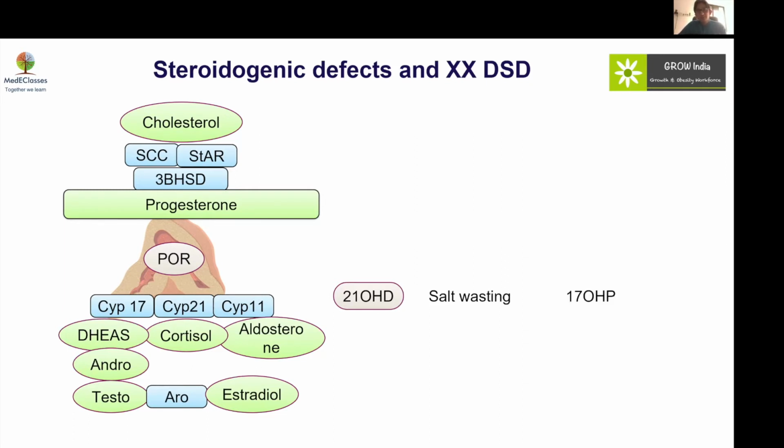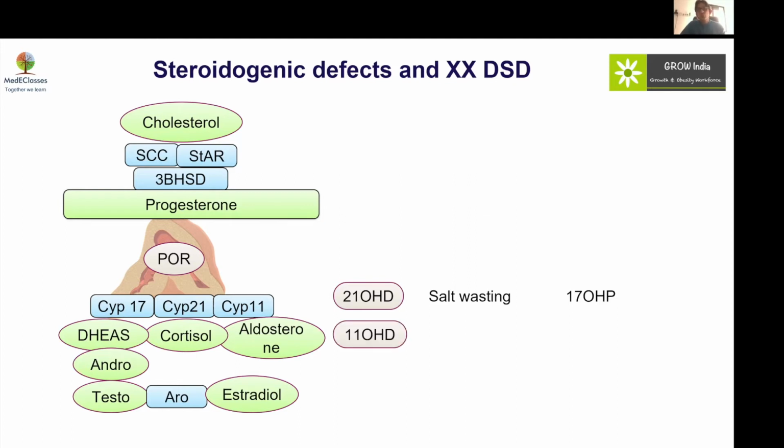And in this, due to blockade at the 21 hydroxylase, the proximal metabolite, which is 17 hydroxyprogesterone, will be elevated hundreds and thousands of times more than the normal limit, and hence 17 hydroxyprogesterone is the screening investigation of choice to detect 21 hydroxylase deficiency, and it should be done only after 42 hours of life, preferably on the third day of life, because of the normal surge in all hormones, same as the thyroid and other hormones, that occurs.